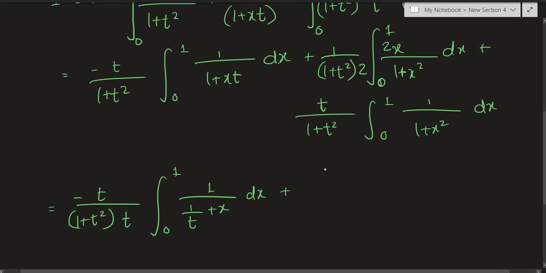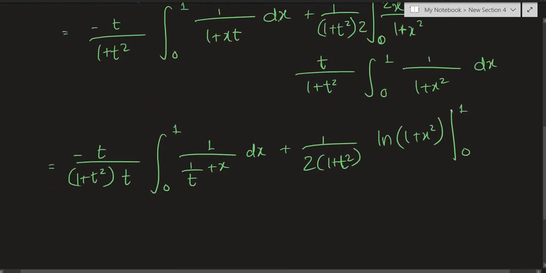So we have 1 over 2 times 1 plus t squared times the antiderivative, which is just the natural log of 1 plus x squared evaluated from 0 to 1, and now